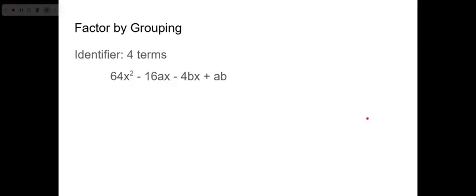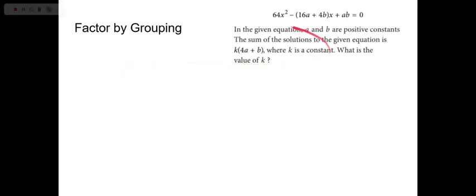Okay, one more. And this one is the SAT question. So I see I have 1, 2, 3, 4 things going on. I'm going to start by just distributing the negative and the x through, and I'm just going to write it